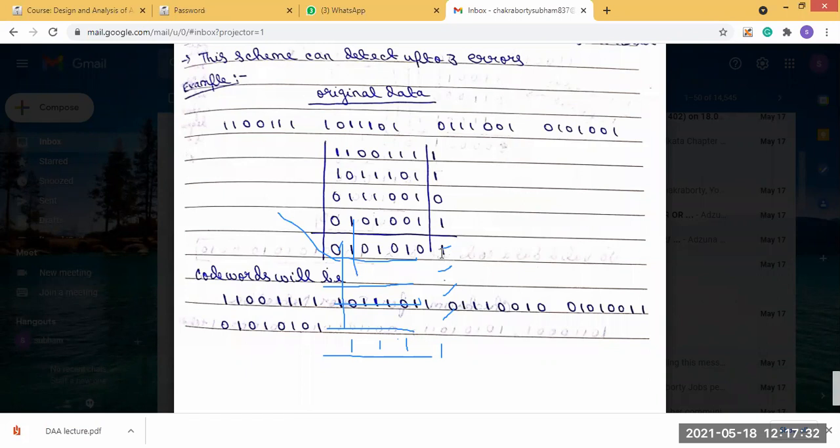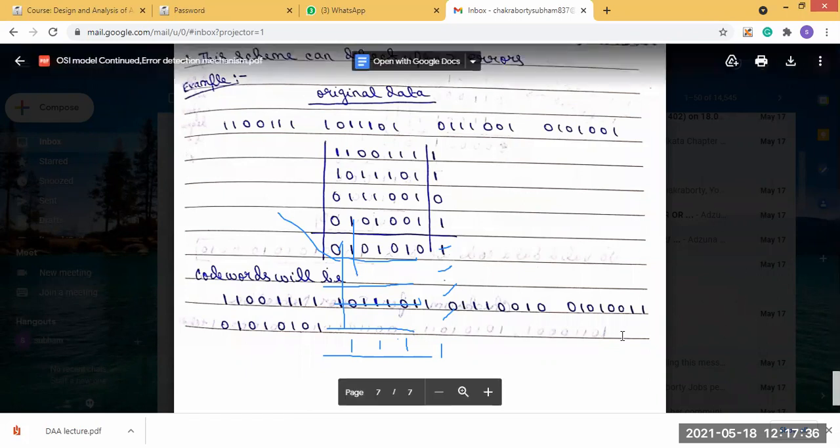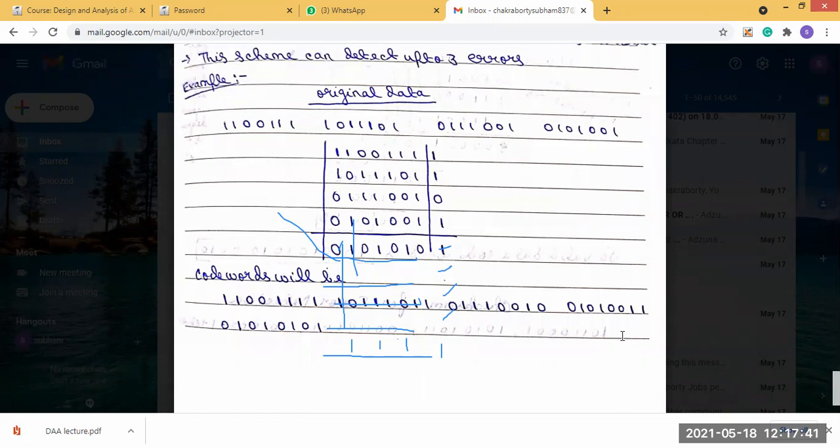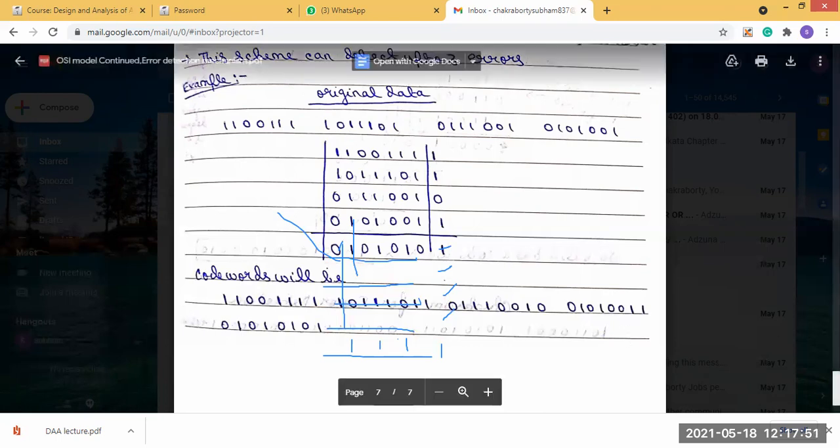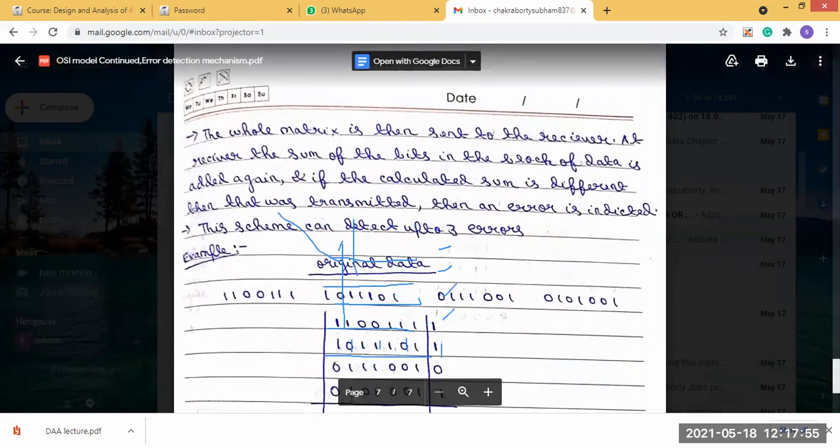Now, this 2D parity checking also has some disadvantages, like one-dimensional parity checking. If you use two-dimensional parity checking, then at most these schemes can detect up to 3 errors.